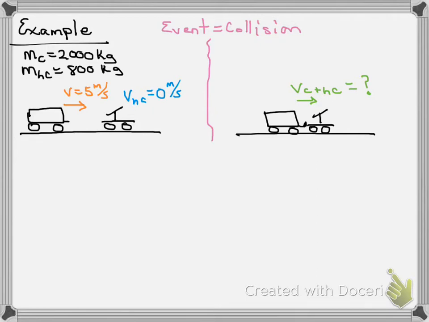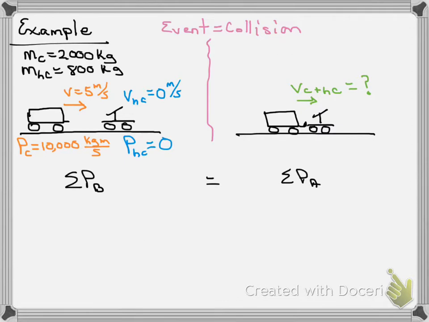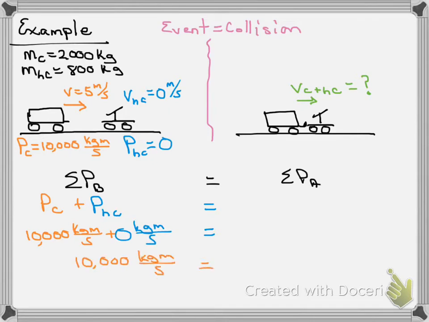If they are physically connected to one another, they have to be moving with the same speed. So let's apply conservation of momentum. Sum of all the momentums before equals the sum of all the momentums afterwards. So we get 10,000 kilogram meters per second is the total momentum before,